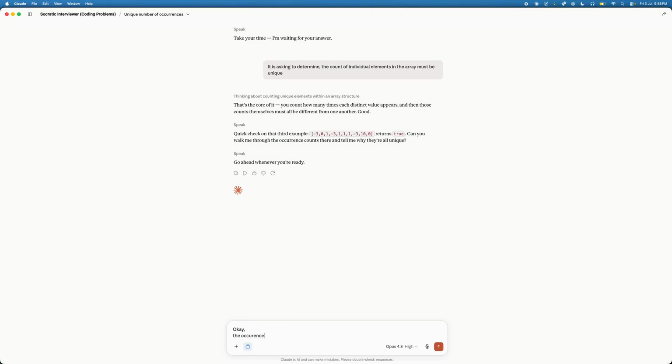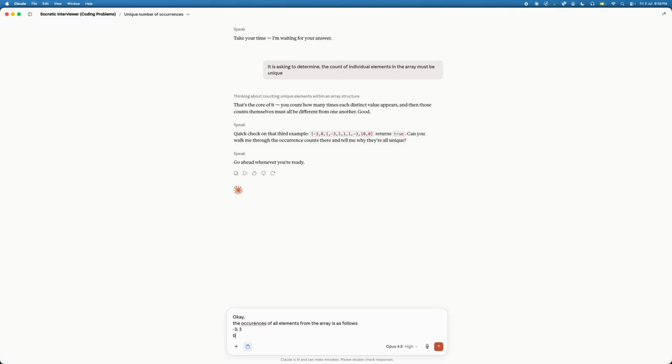The occurrences of all elements from the array is as follows. First is minus 3. Minus 3 appears 3 times.